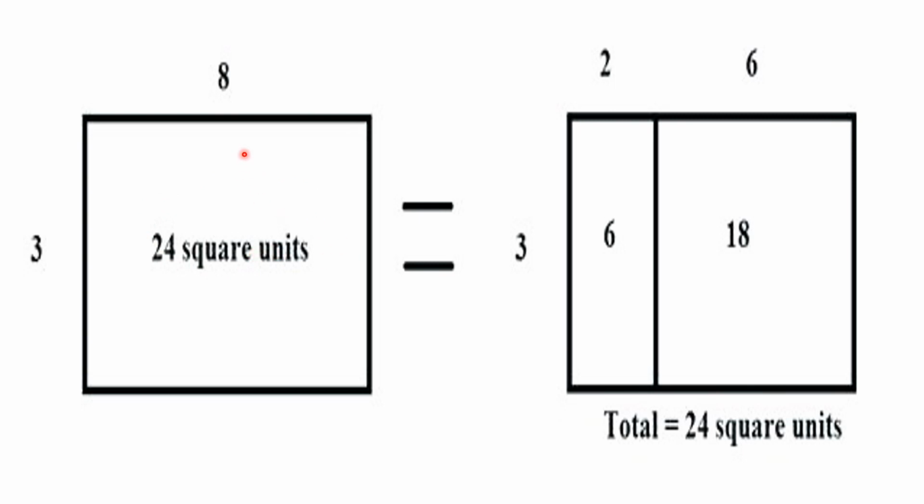Now, I am going to divide this rectangle into parts. One part I am going to take as 2, the other part as 6. Let us check whether the areas are the same. Here you have 3 into 2 as 6 and 3 into 6 as 18. So the areas of the two rectangles are 6 and 18. Now if I add these two areas, my area is equal to 24 square units.